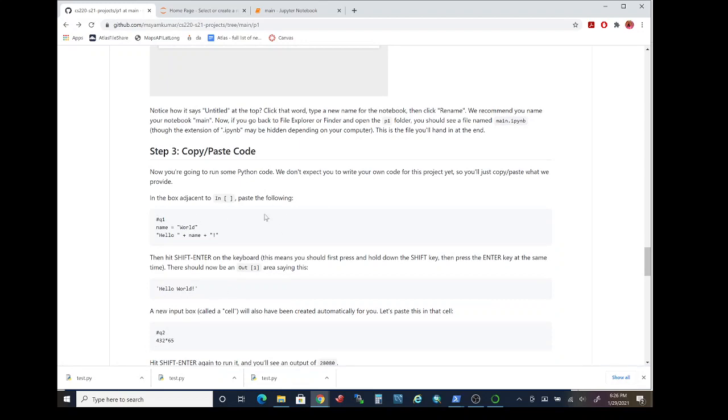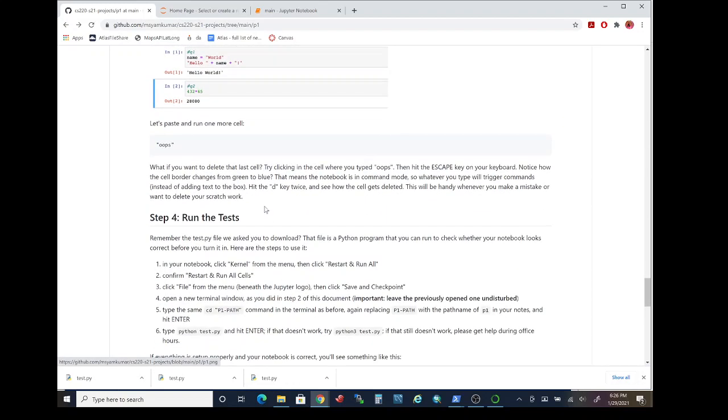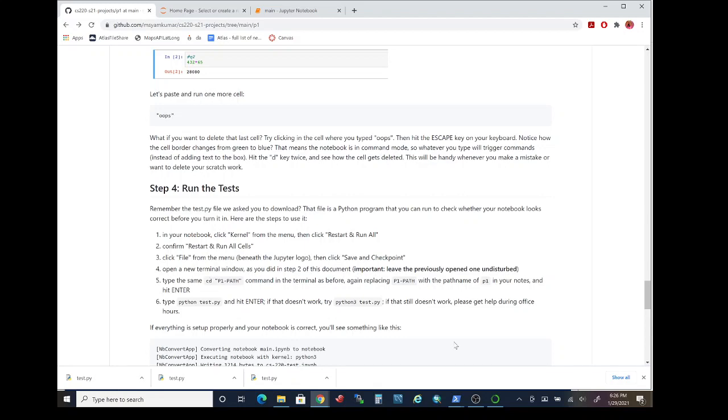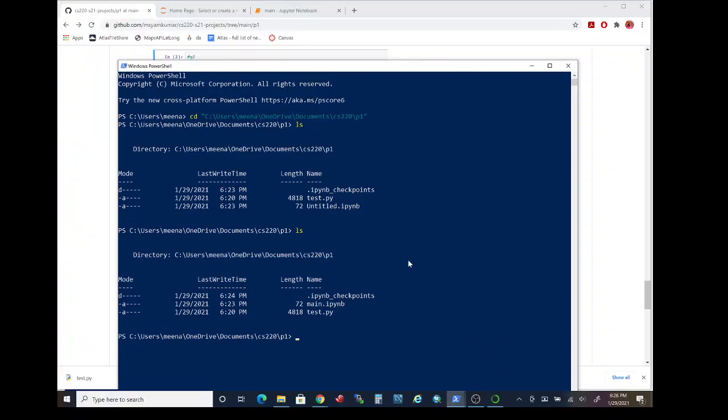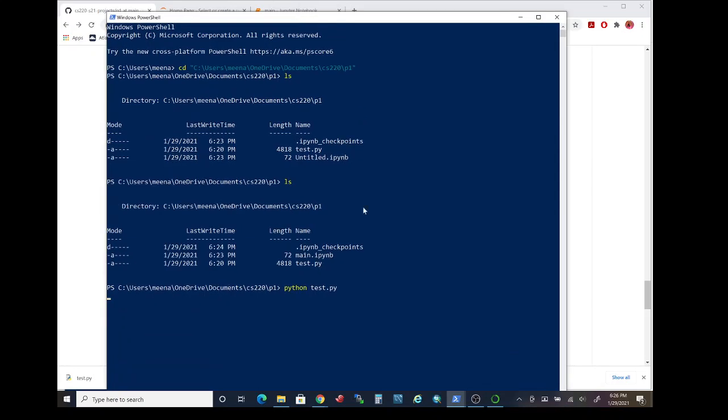For now we are going to pause step 3, and the steps for running the autograder test script are inside step 4. So you need to go to the alternate PowerShell window which you used to run the ls command, and type in python test.py and press enter. That should enable you to run the autograder test script.